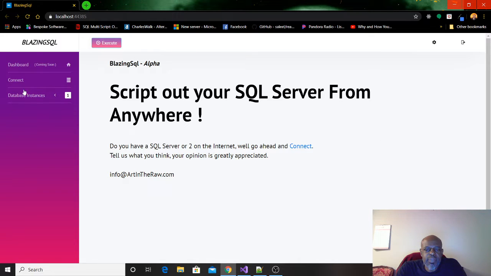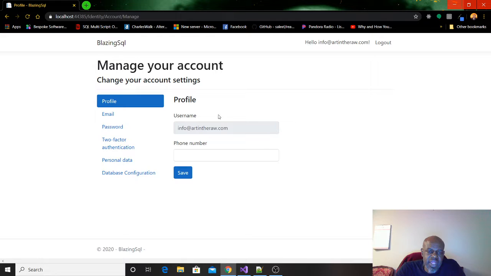So here we've got just the basic application. A lot of this will be changing here soon, so don't pay any attention to it. What we have here is our navigation side menu over here. Up top, we have two other navigation options that allow you to go to your account information, because everybody has to have an account if you want to store your scripts to your database profile. So with an account, I'm able to do that.